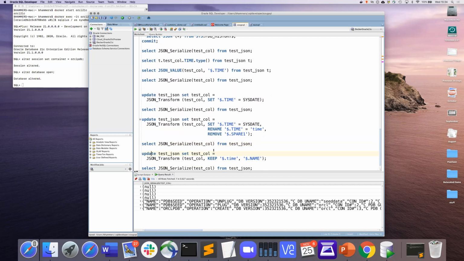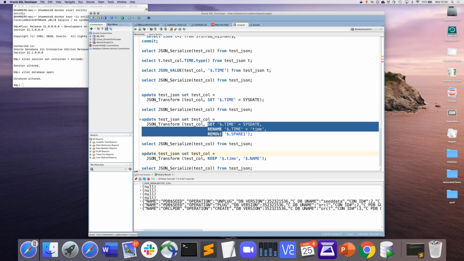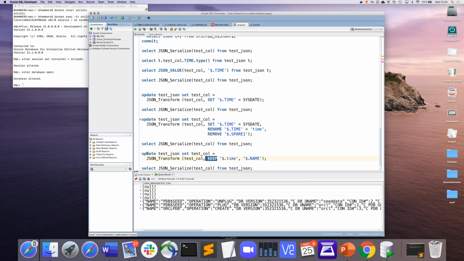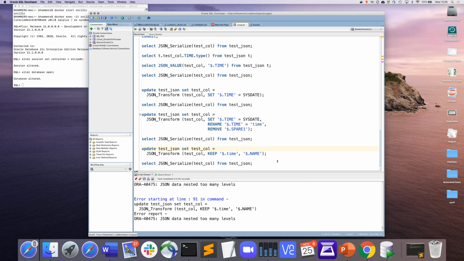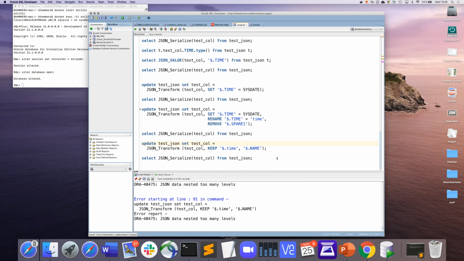And the other possibility, I mean, this has a handful of operations, also append for array operations, but it also has a keep operation where you say delete everything, but in this case, I only want to keep the, oh, I get an error here, that's not good. Interesting, that didn't happen while I practiced. As I said, this is a demo.